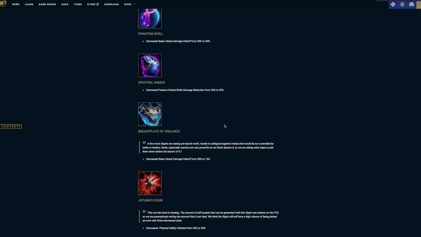In the second round of PTS, they decreased that basic attack damage debuff from 30% to 15%. So after you ult, you're only going to be debuffing the enemy's basic attacks by 15% instead of 30. So not quite as potent. Still, I think if you have that big team fight ultimate that's pulling enemies towards you or setting your enemies up in a place where your team can follow up, it's still going to be an effective item for you